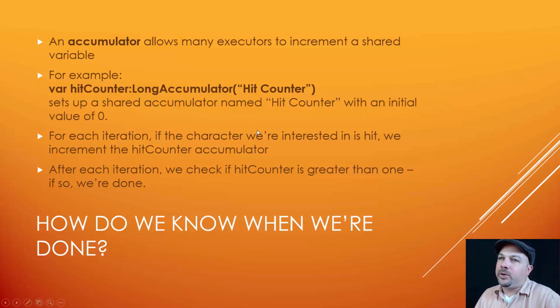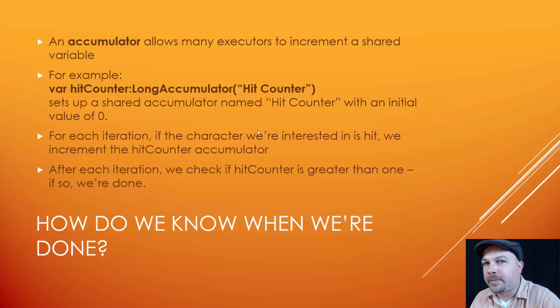So what we're going to do each iteration, if we run across the character that we're trying to find, is increment that hitCounter accumulator. All the executors will say, okay, increment that value from 0 to something else if I run across this person. Then the driver script can check this accumulator value through each iteration and say, okay, if that hitCounter accumulator is greater than 0, then I know I found the person. In fact, that accumulator will actually contain the number of times that superhero was encountered. It might be more than one. It might have been reached from several different directions potentially. So that's how we're going to message back to the driver script that we actually found the person we're after